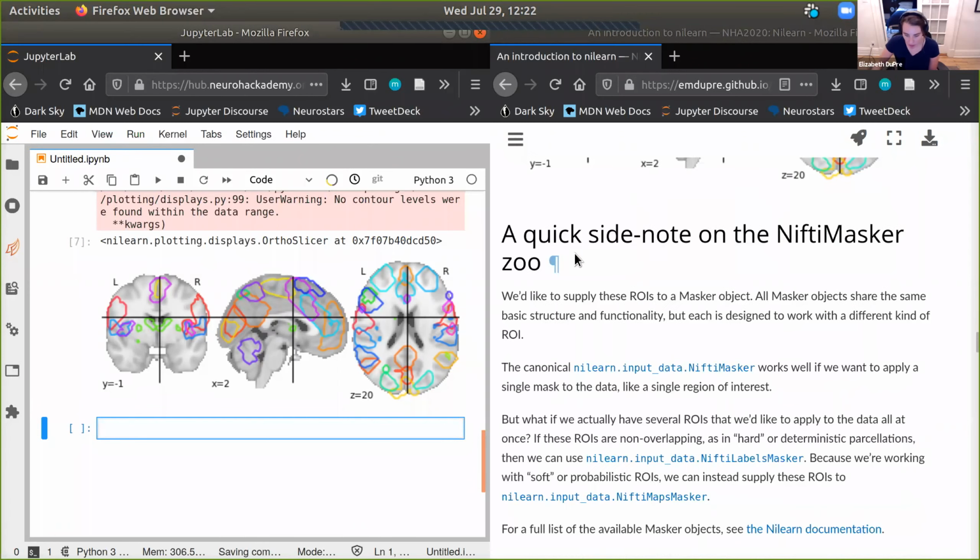Okay, there's one quick question. What is the best way to load a parcellation for masking that is not available in Nilearn, if you have the NIfTI file or .label file, for example? Yeah, that's a great question. So the question is basically, let's say I have an atlas and I'd really like to work with it, but it's not available in Nilearn. How can I actually work with it? This is a great question.